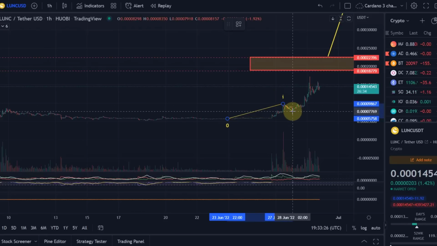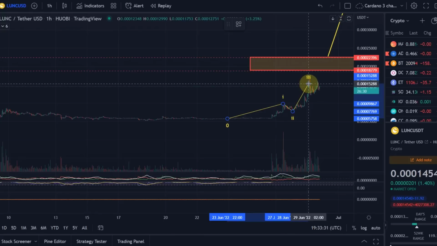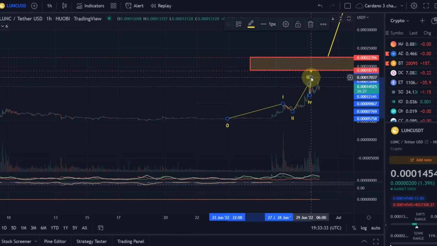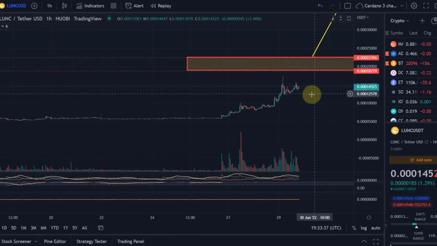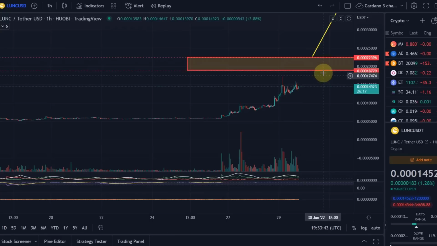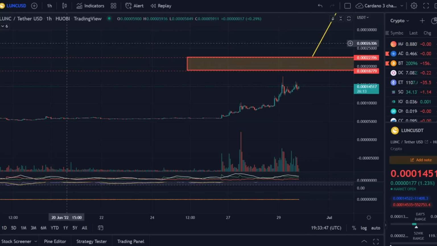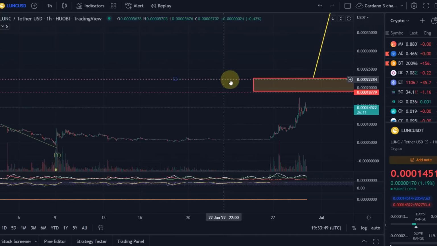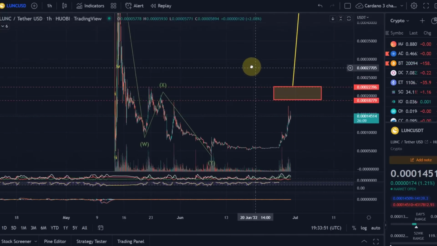Came down here in a wave 2. 1, 2, 3, 4, 5. This was then a 3, a 4, a 5. Yeah. So again, this would suggest we're probably here in a bit of a corrective wave at the moment. A, B, C. Yeah, before we move higher, and then we'll be able to address this resistance area. So I think we're going to get to this resistance area at some point here. The question is, how are we going to react?